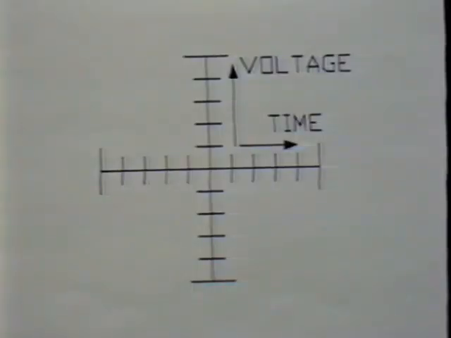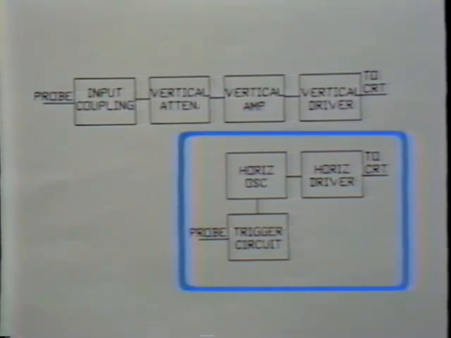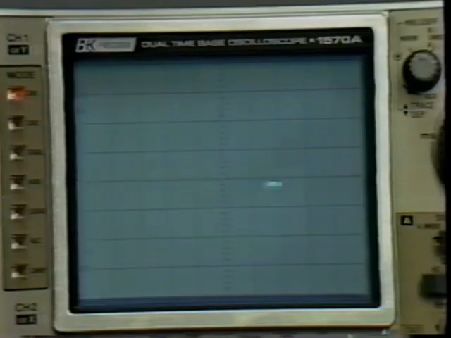In order to complete the display, we must add a time component to the voltage picture that the vertical section draws. The horizontal or sweep section provides this time reference for the display. A variable frequency oscillator produces a sawtooth wave that is conditioned and applied to the horizontal plates. This drives the beam across the screen at a regular pace, while the vertical section drives it up and down